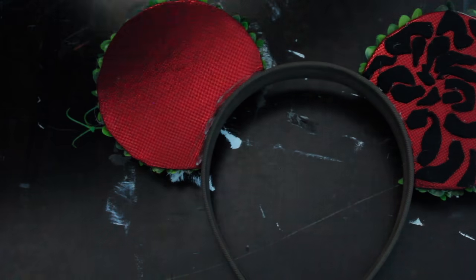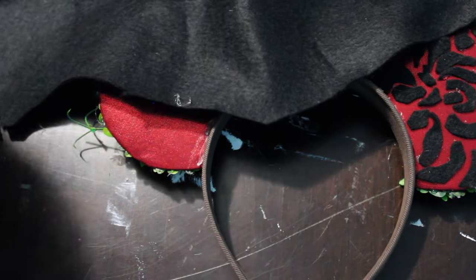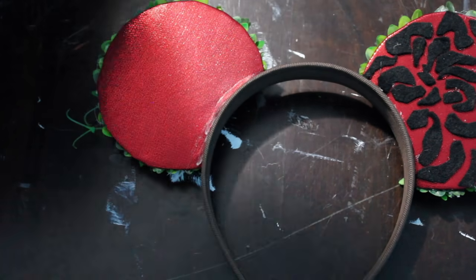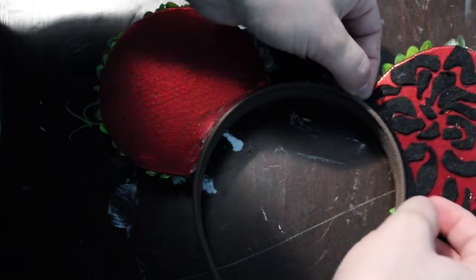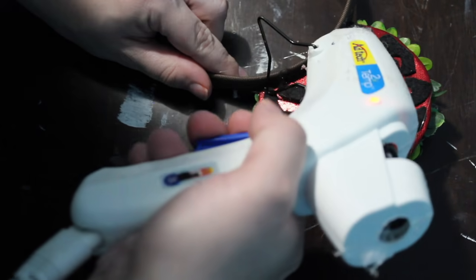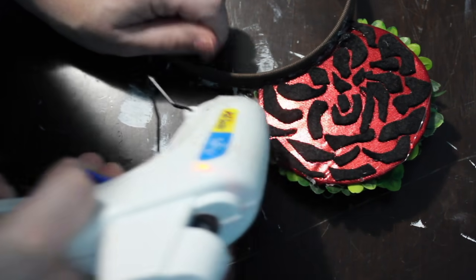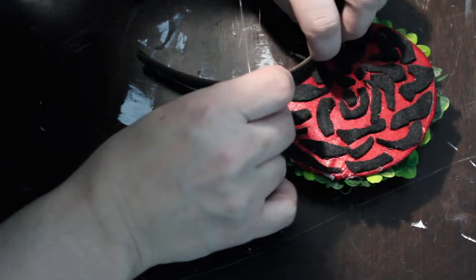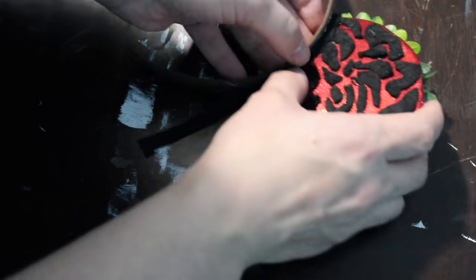Now I decided not to do the Tekha pattern on this side just yet because I'm going to add a felt strip on the bottom in order to reinforce the ear. Because I used cardboard and not a foam poster board this time around, I just wanted to make sure that these were really secure. So I'm just doing a line of hot glue and then taking a very thin strip of that black felt and adhering it to both the ear and the headband